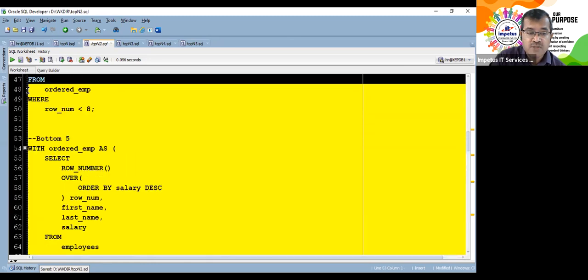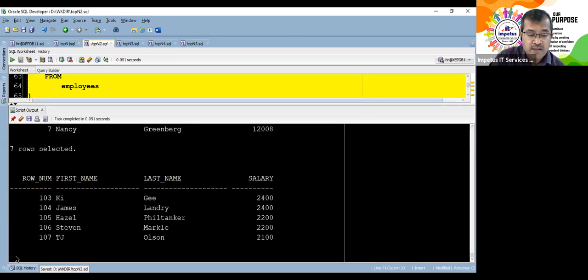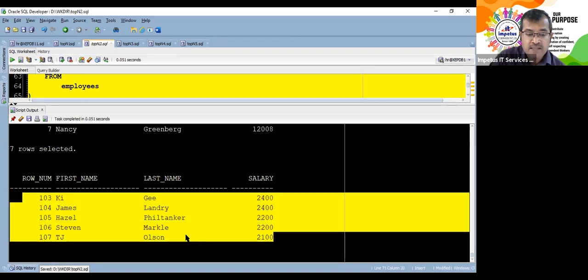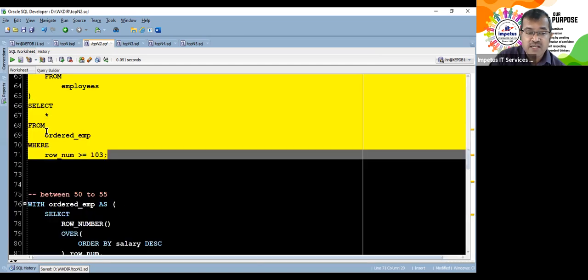If I run this query, I'll get those with the least salary. Can you see this? From 103 onwards, the bottom 5. But that was provided I knew that there are 107 rows. So if I knew there are 107 rows, the last 5 rows have been successfully displayed.